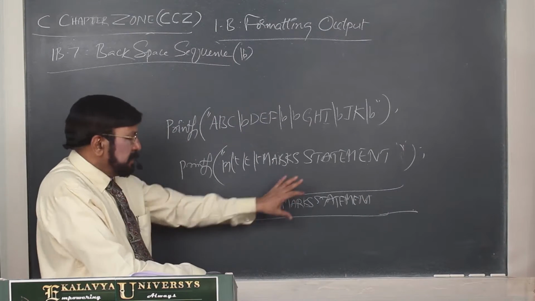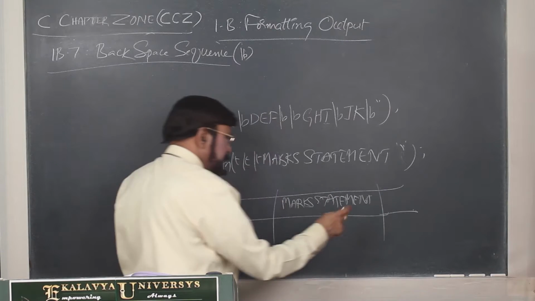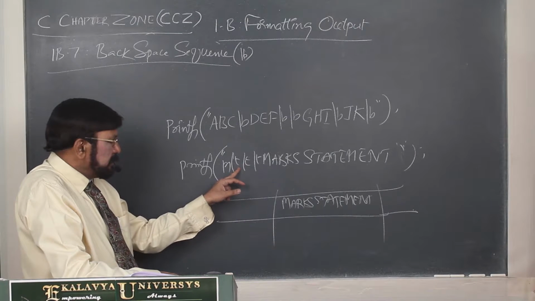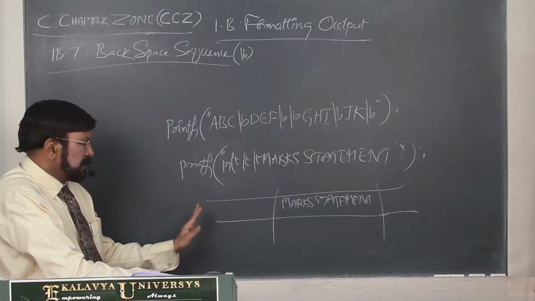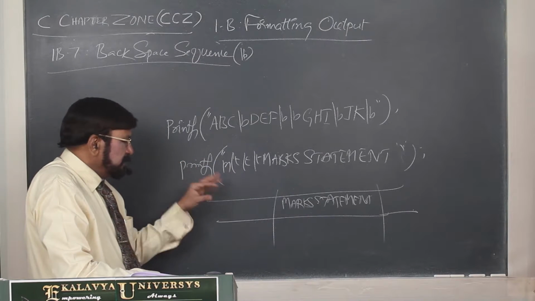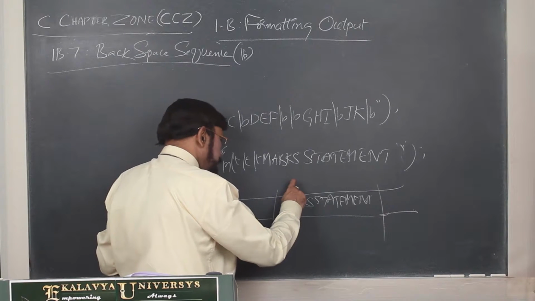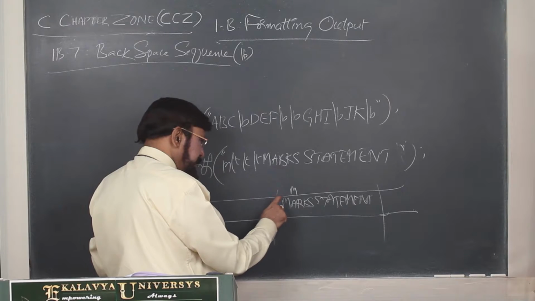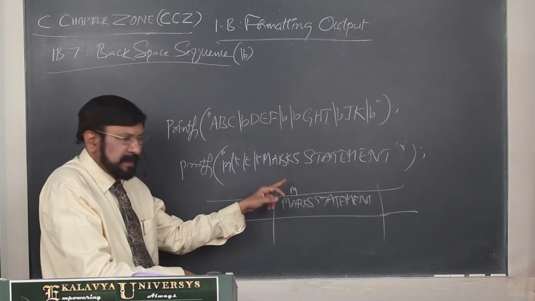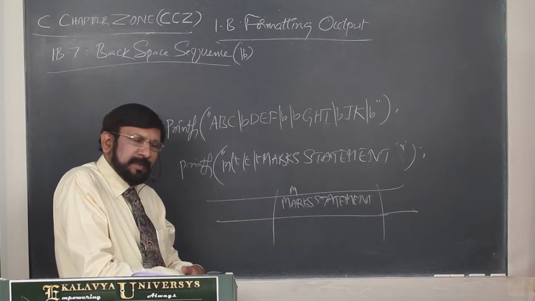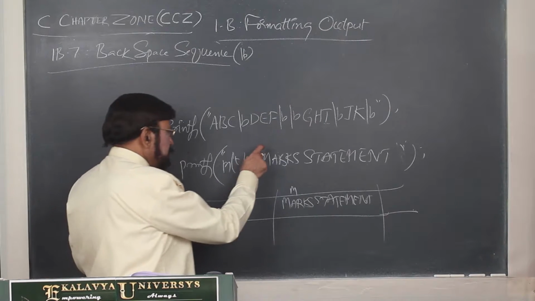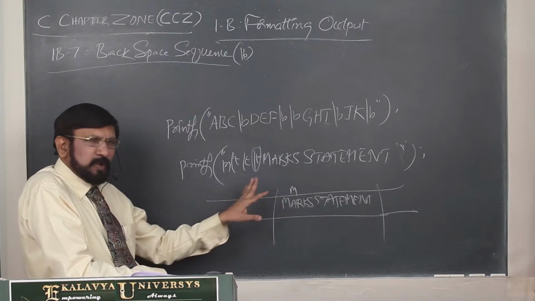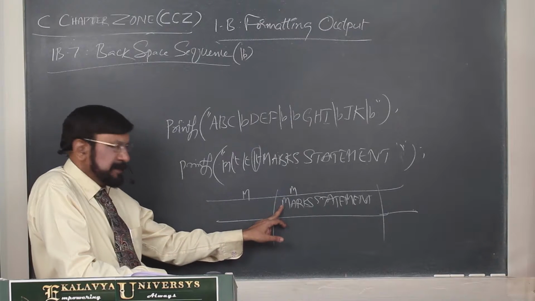Conventionally, what you expect is that the heading should be at the center of the table or the center of the page. So with that expectation, you have written 3 horizontal tabs. As a result, suppose M goes here, you are expecting it here, but because of 3 horizontal tabs, M is moved here. Or otherwise, if you remove one horizontal tab, M may come here. You do not like both. You want M to be here.